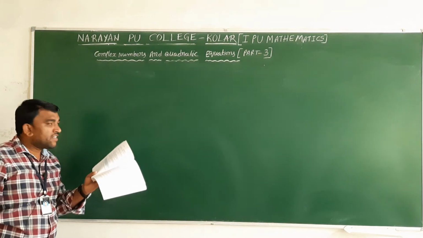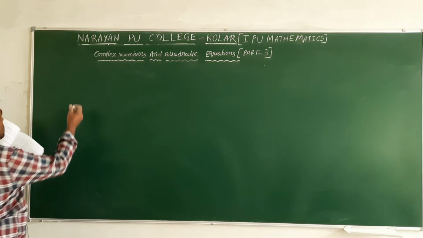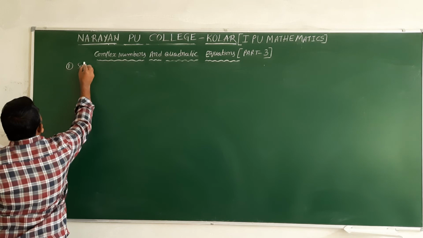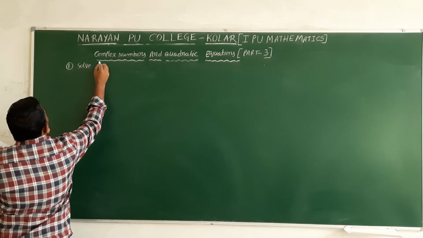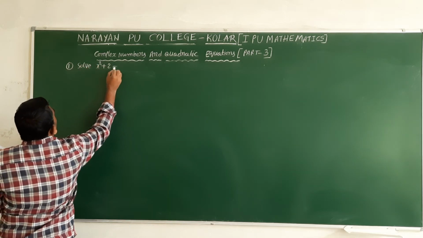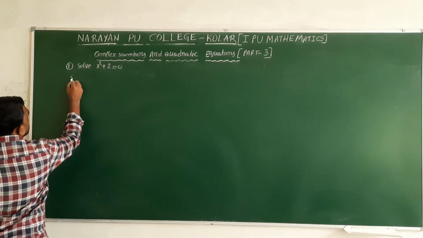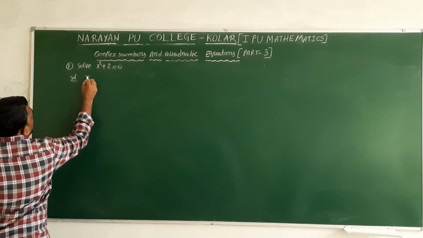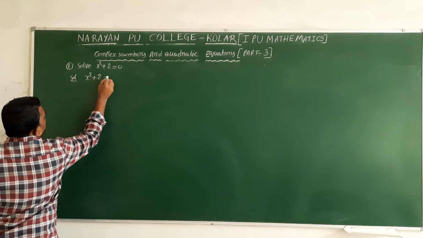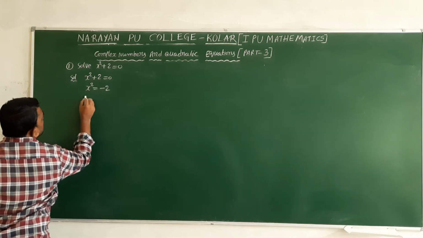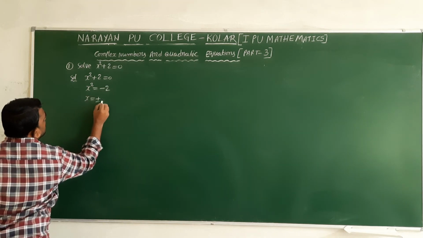Now based on the quadratic equation, we will do some examples. First one, solve x square plus 2 equal to 0. There is no need to apply the formula, directly we will do x square plus 2 equal to 0, x square equal to minus 2, x equal to plus or minus root